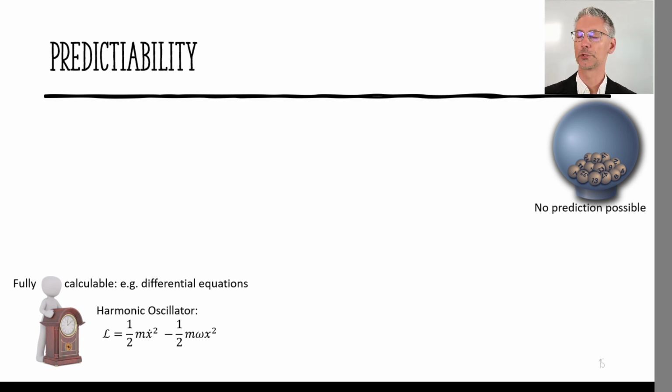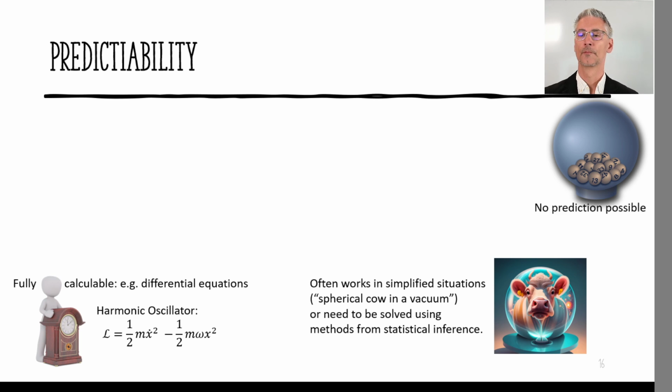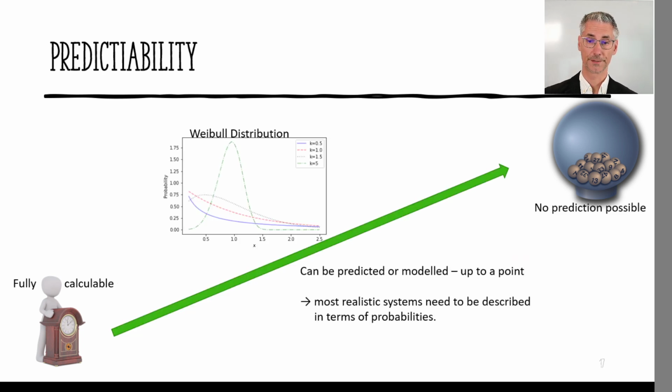Now these are sort of the two extremes, and often it works in simplified situations. For example, we can always describe a simplified version of our setup. In physics, we often make the joke of a spherical cow in a vacuum, and then we use methods from statistical inference to solve all of this. But in reality, these two extremes are